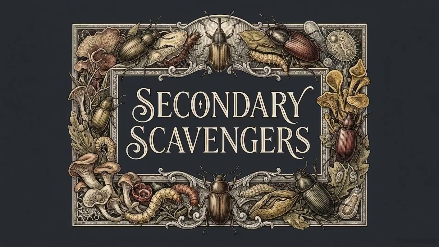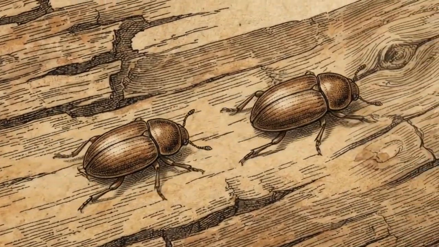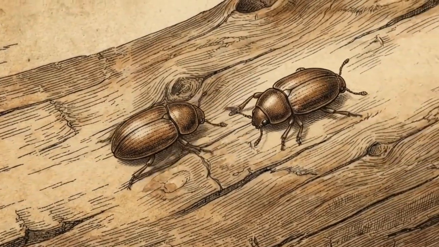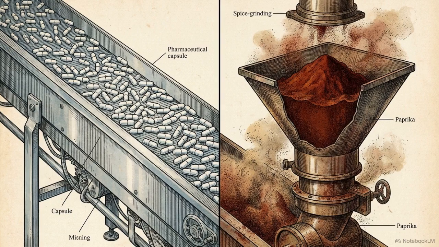The second ecological category are external feeders. These scavengers develop entirely outside the whole kernel, targeting processed flours, milled goods, and dried organic matter. Within this group, auditors face the two most commonly confused pests in the industry, the drugstore beetle and the cigarette beetle. Misidentifying these two threats leads to catastrophic inspection failures, because while they look identical, they target completely different processing